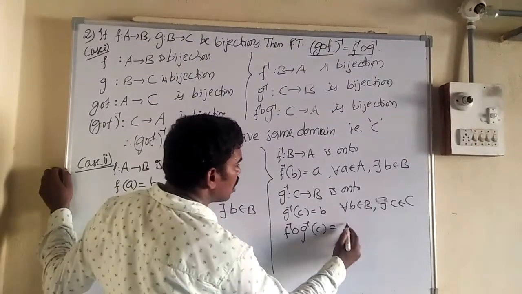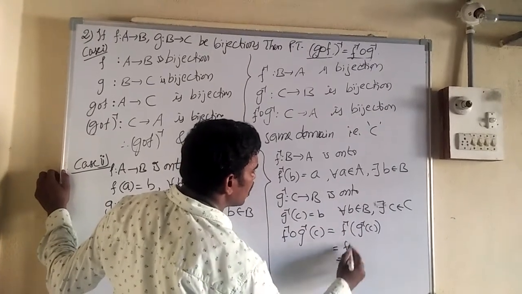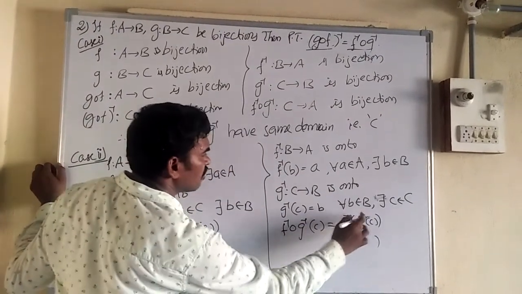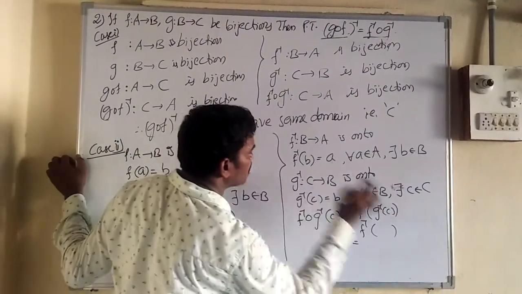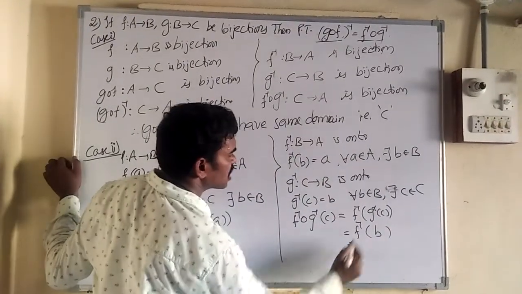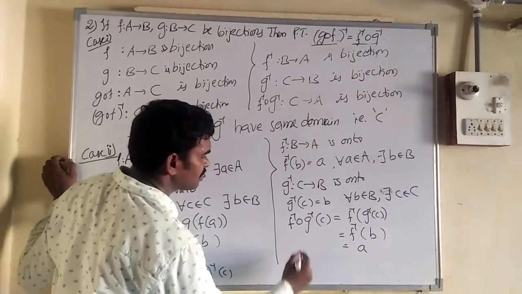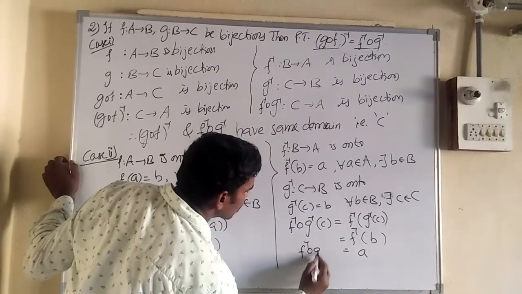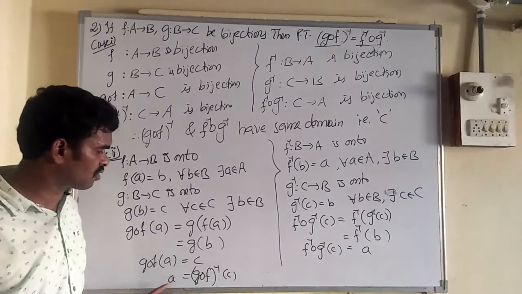Instead of circle, I am taking bracket. So F inverse, instead of circle I have taken bracket. Everything is written as it is. Now in the next step, instead of G inverse of c, what can we write? Instead of G inverse of c, we can write small b. Next, F inverse of b means what? Small a. So, got it? F inverse circle G inverse of c equal to small a. Here G circle F whole inverse of c equal to small a.